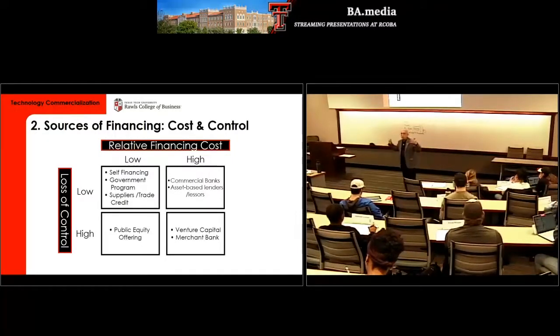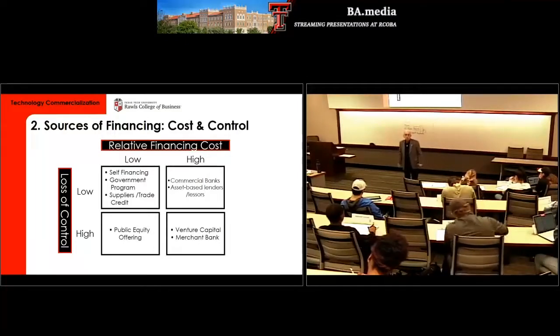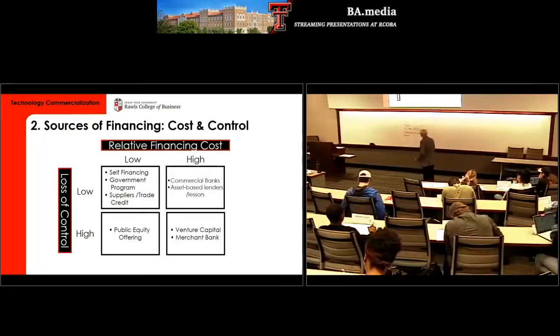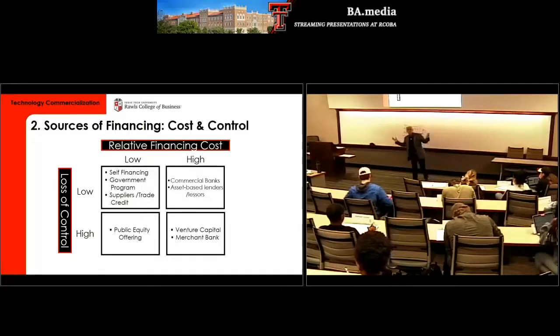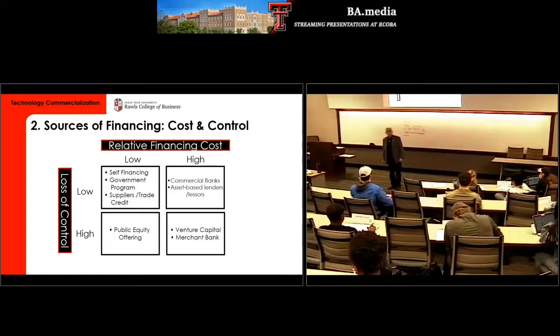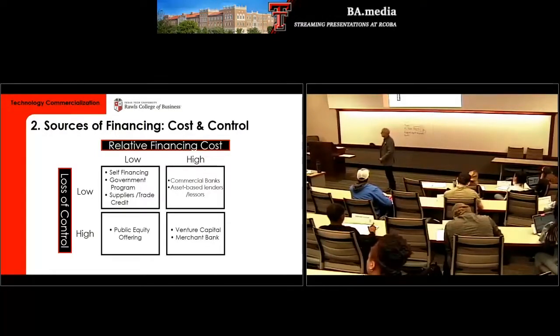Okay, so are we good on where the money's coming from? We know why it exists, because we're storing value. We now know how we get it from the savers who have something in their reservoir. Some of it's high cost, some of it's low cost, some of it's high loss of control, some of it's low loss of control. So we're good. We're on solid ground. Right? Why are we doing this? Because